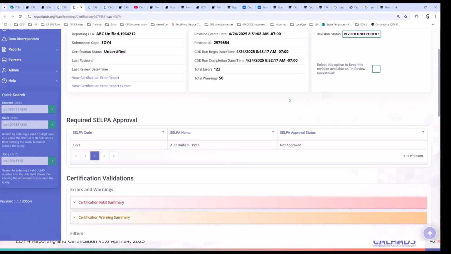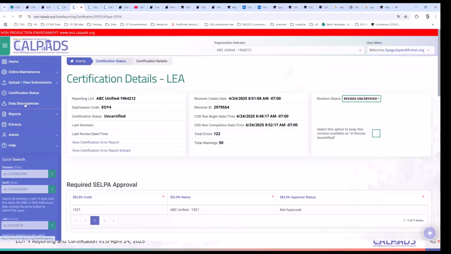Now there is also, at the same time, another process that is running based on real-time correction of your data. So if someone submitted corrections or updates to SPED data, then CalPADS will start running that, and any errors, any validations, any inconsistencies in the data are presented through the data discrepancy.